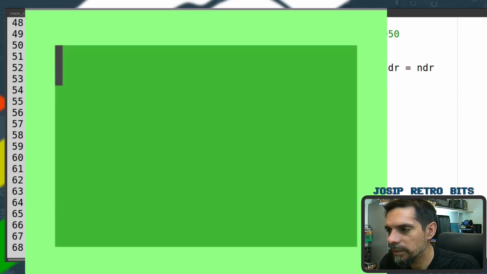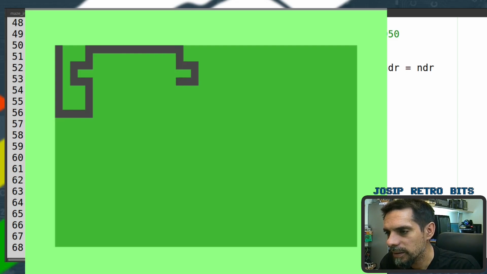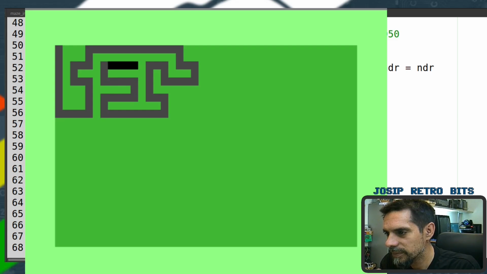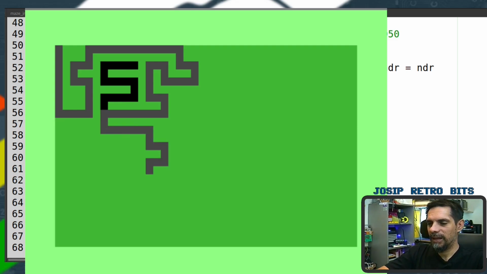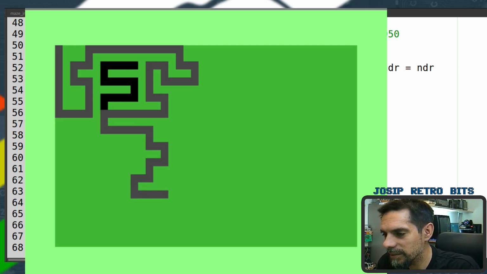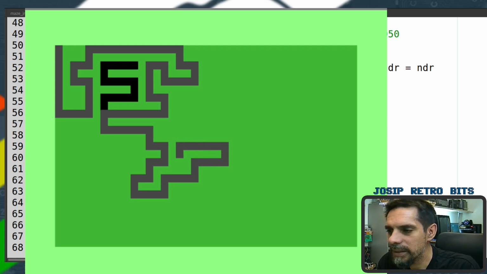And here we go, a little bit different coloring. But as you can see now, we have space between our path. And now this looks like a maze. Here we go. Let's enjoy this a little bit. Again, this black color represents